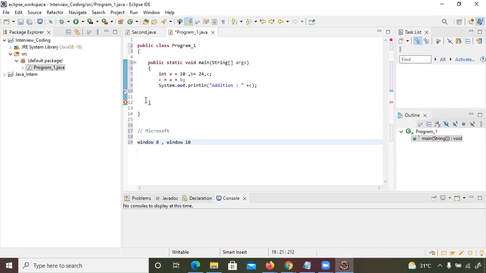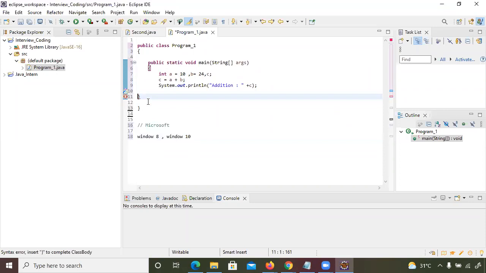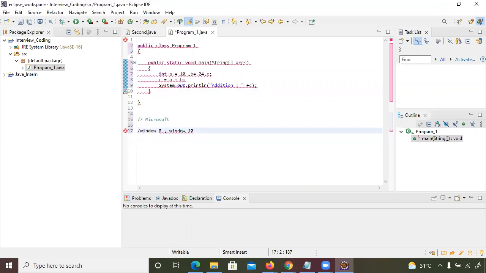Whenever we develop any operating system, we never develop it from scratch, because it would take a lot of time. So what we do is reuse the code of Windows 8 and add additional features, just like Windows 11 was now introduced in the market.